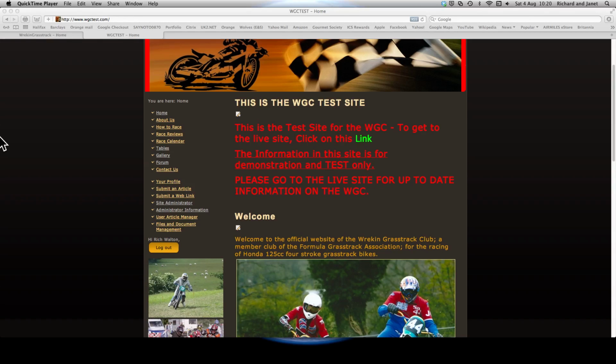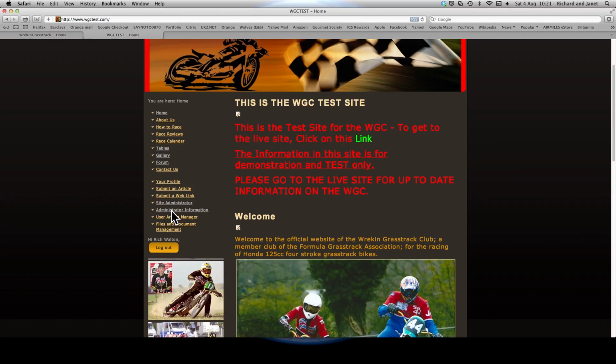Number 4. In this tutorial we're going to continue with the editing of the articles and specifically focus on the text colours and text editing of the articles for enhanced usage. So important things to know: if I click on the administrator information, which is visible from the site administrator login,